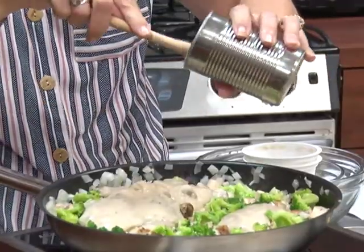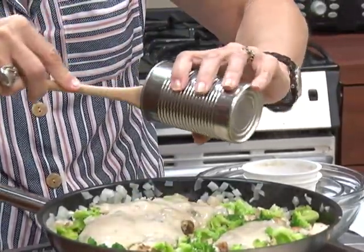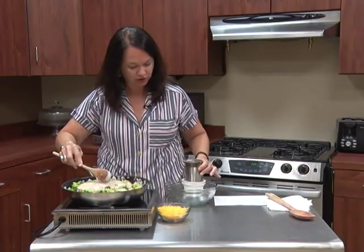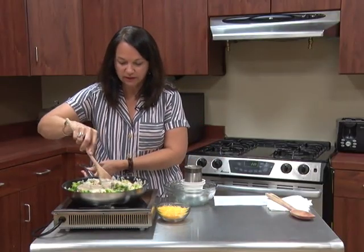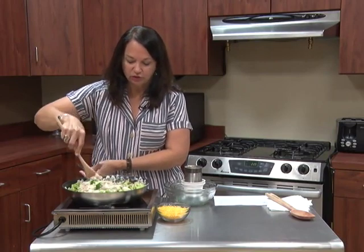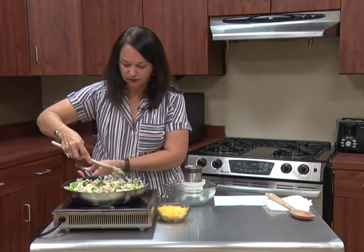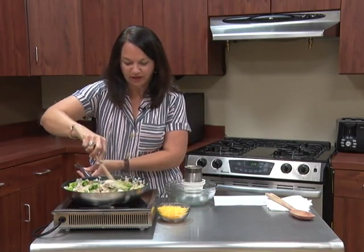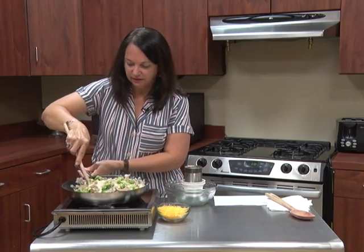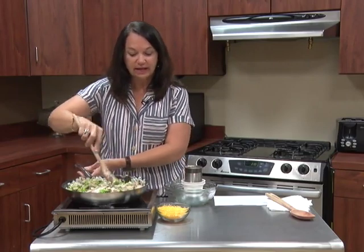I'm going to make sure I get all of it though, because it'll really make it tasty. Should be good. And I'm just going to kind of mix it around. And notice I didn't add any water because I'm trying to keep it all confined. And I'm about to lose some of my onion, but I got it right back in there. And I do want to make sure it's mixed up really, really well, because the last ingredients is going to